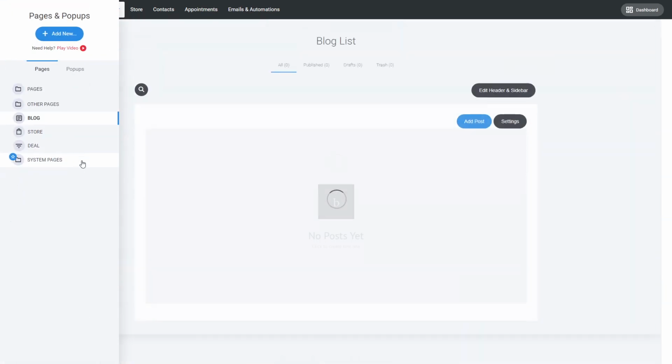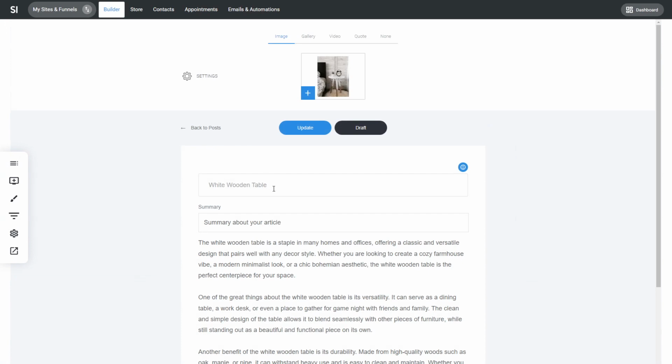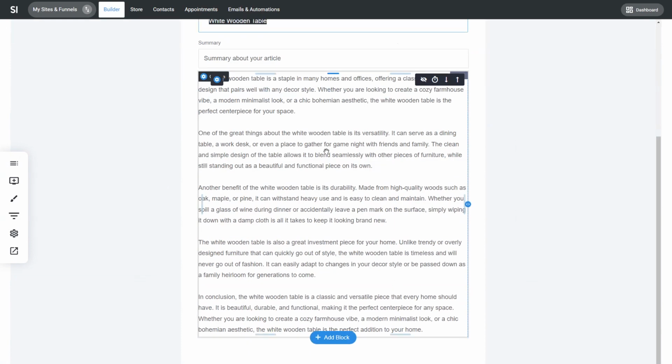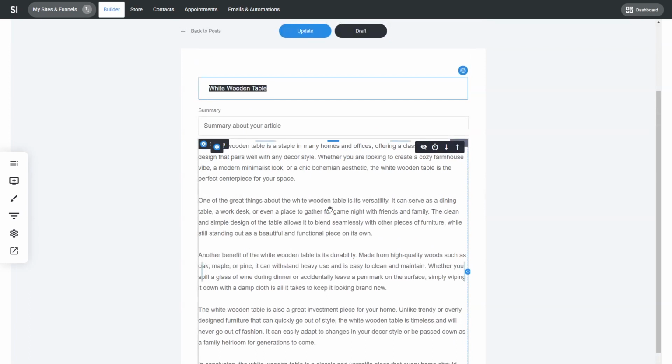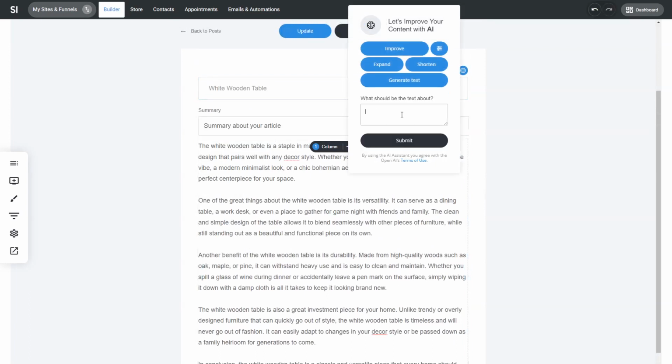The blog, we have here a few options to show you a few things that you want to do. For example, let's say that you have an article or that you want to build an article. This is actually text created with AI, and it's very simple. Let me show you how. With the AI you can generate text, like I said. So for example, you can tell the AI create an article